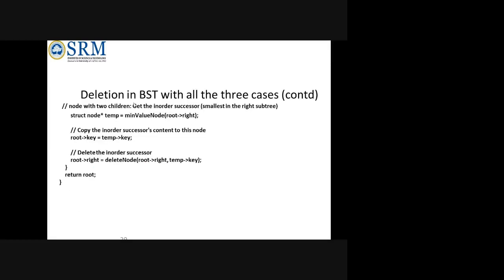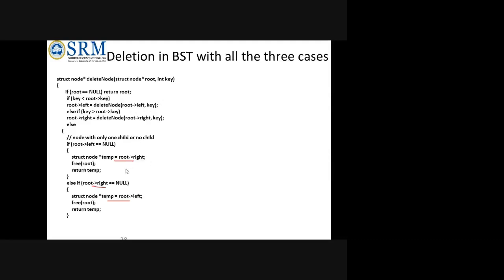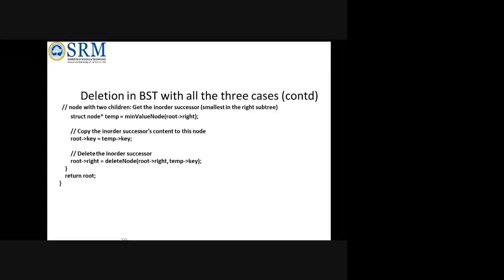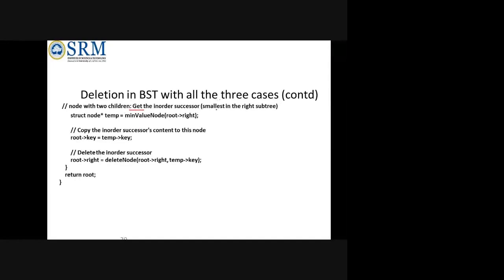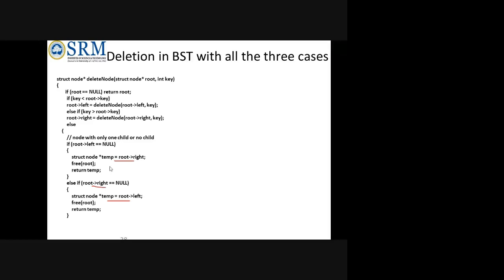Now this is for two children. So this will happen in either case. See here, the third case: node with two children. So this is what I told you, it will call that particular function. You have to write that function; it is not here, but it is the same as your in-order traversal function, which I taught you in the earlier class. That name is given as minimum value node. It can be anything. Or else you can find the minimum value in any other method, and that can be replaced with its successor, either minimum or maximum.